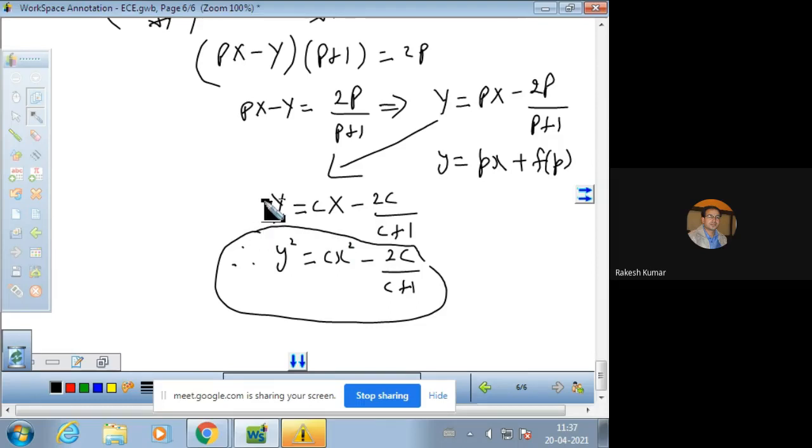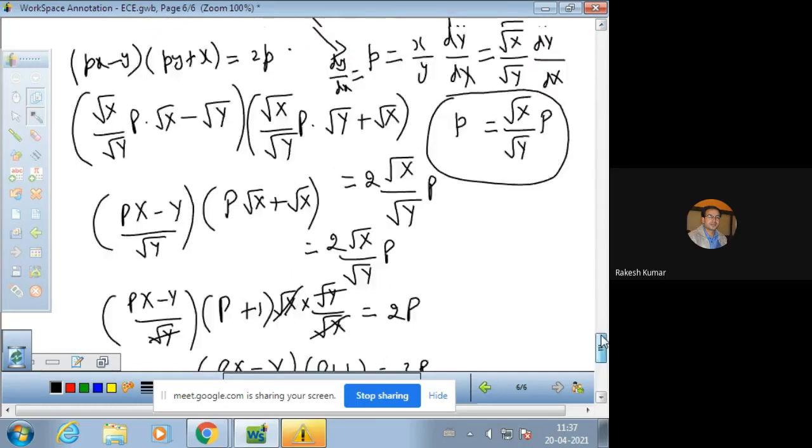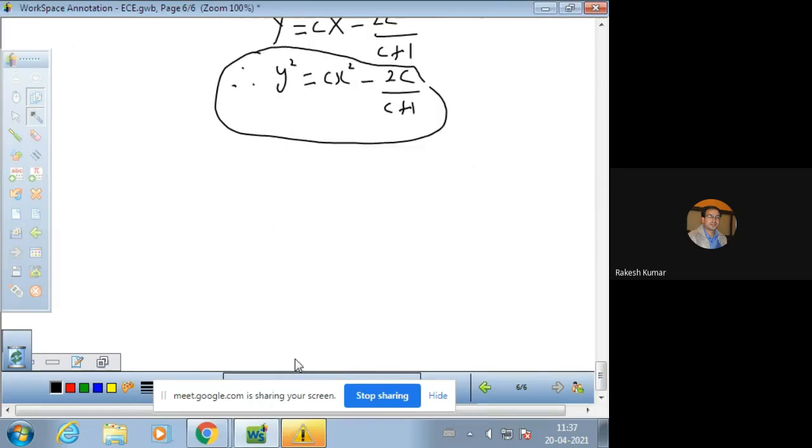Now in this question, the Clairaut equation is not directly formed, and if the equation is not directly formed, then you have to convert it into Clairaut's form by using a little substitution. Substitution is common. You will use small x square is capital X and small y square is capital Y. This is easier. So this is the method of a solvable equation, and solvable for the x variable. So now let us continue more.